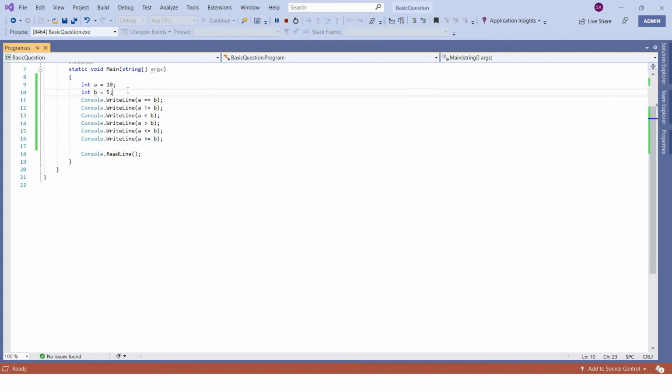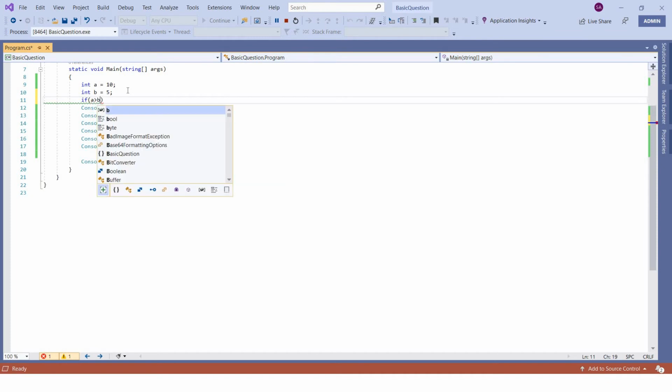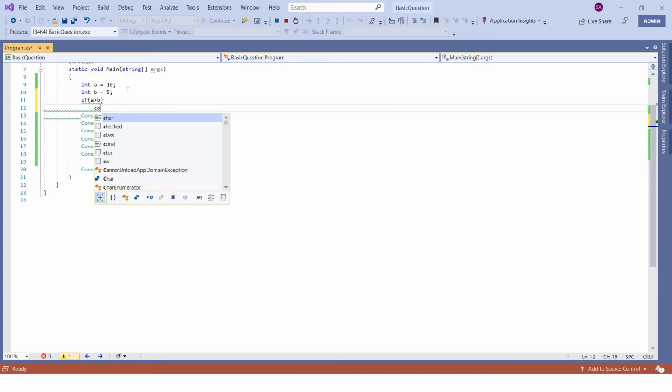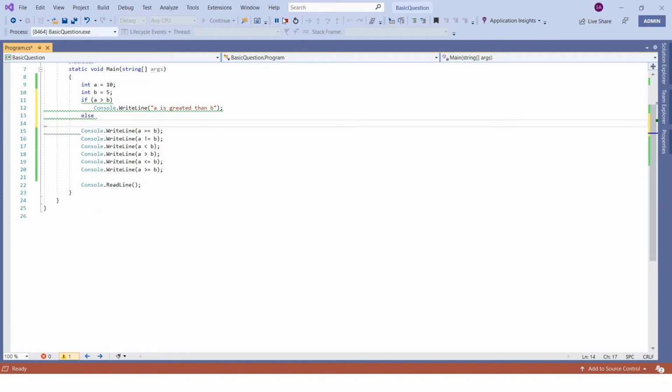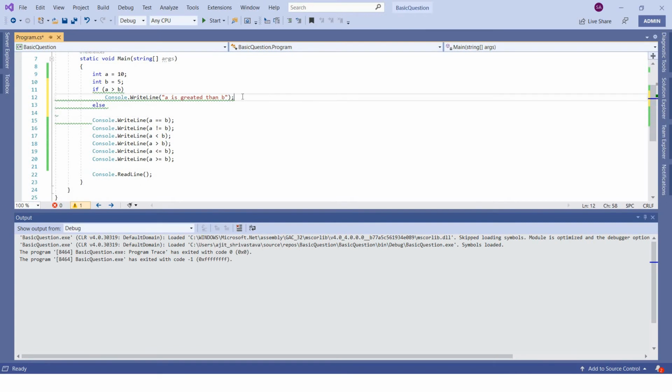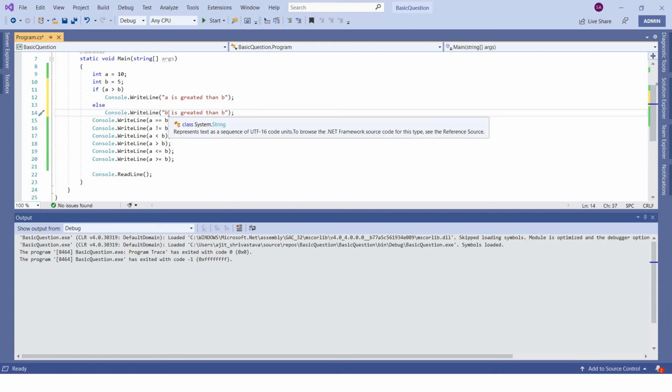Okay, for example, if a is greater than b, right, we'll be performing some operation. Otherwise, simply say else, b is greater than a, right?